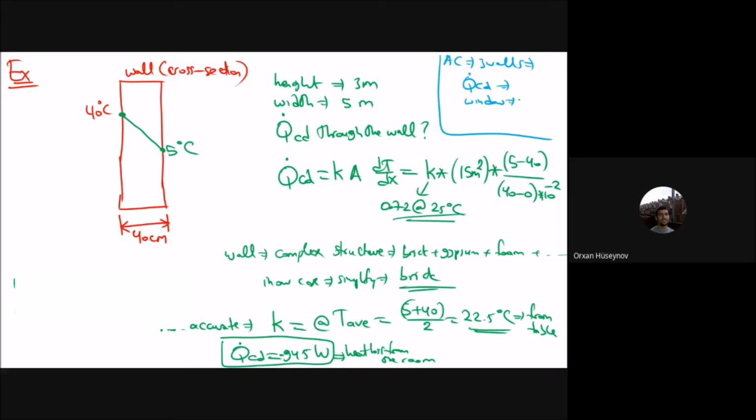For the window, it will be again the Q_CD plus Q_CV. Here you will have the other type of heat transfer, and then by adding these heat transfer values, you can get the air conditioner power. This is the step that we are doing for calculation of the air conditioner cooling capacity